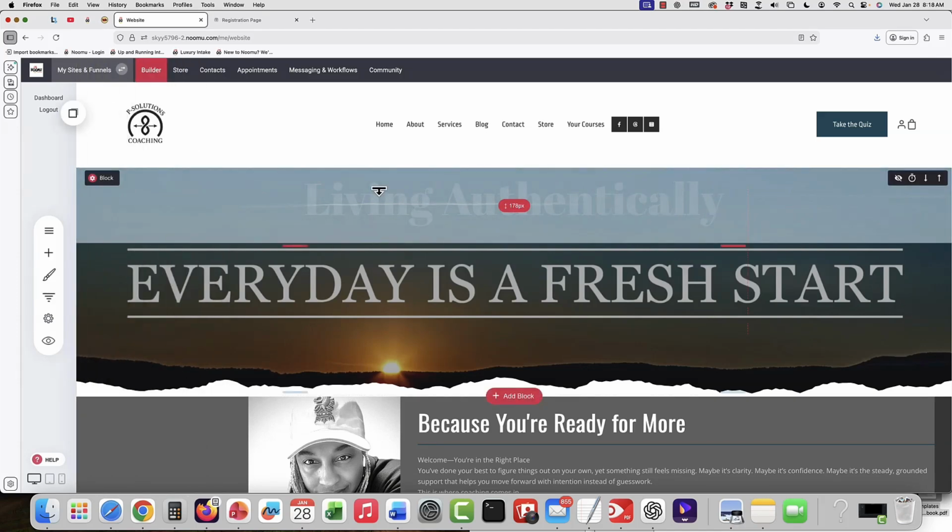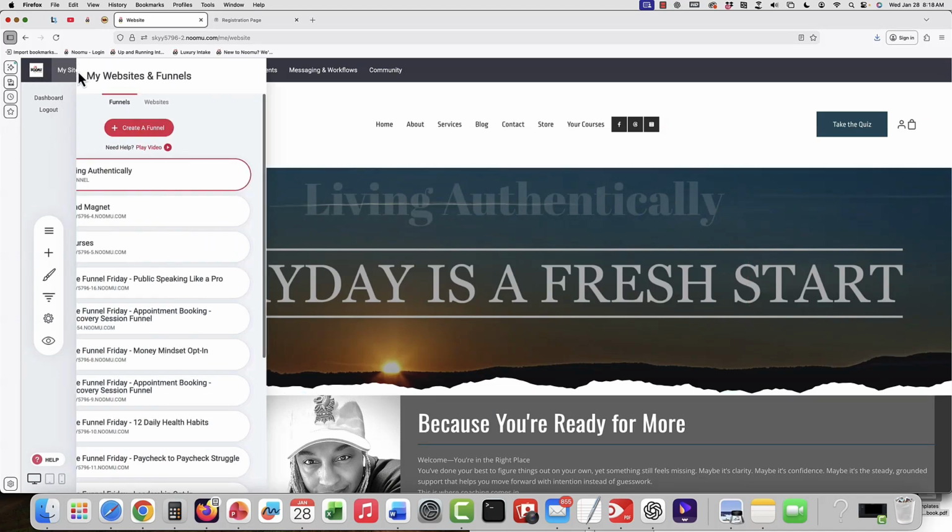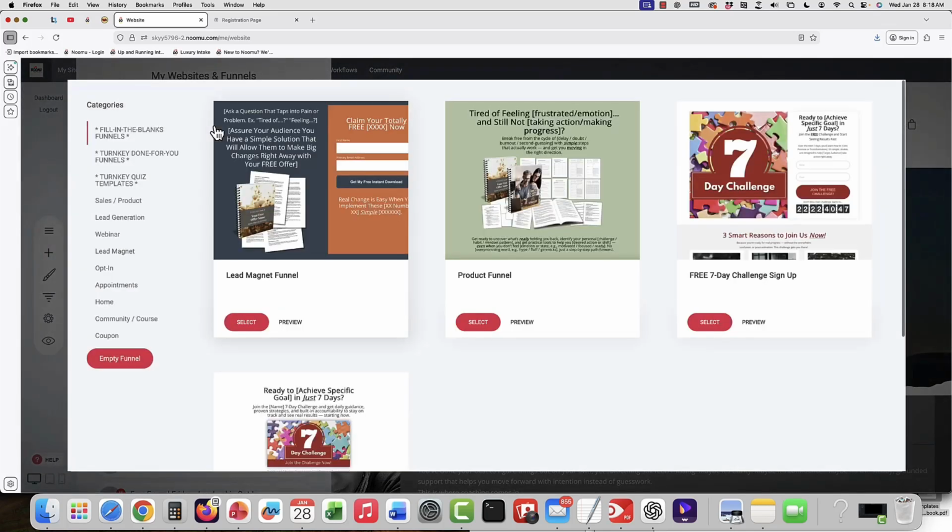The easiest way to do this is to add a funnel to your site, because we do have sales funnels with the sales page and the checkout page already ready for you. So that's what I'm going to do here. I'm going to go under My Sites and Funnels, and I'm going to put Create a Funnel. And you can see we have a fill in the blanks product funnel. So this product funnel has a sales page, it has a thank you page, and it has members areas pages if you need. The registration page has the checkout widget on it,